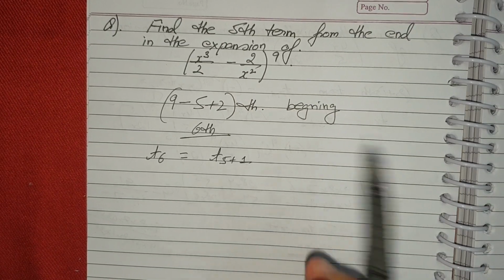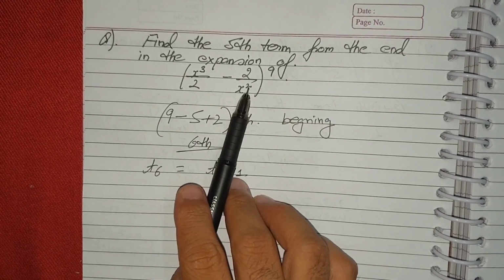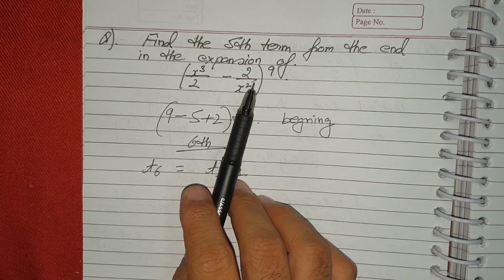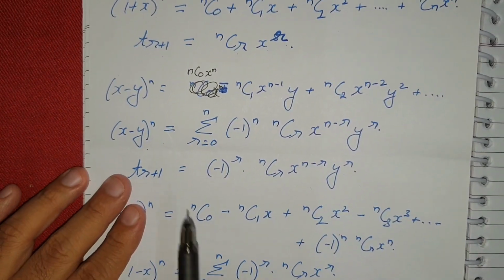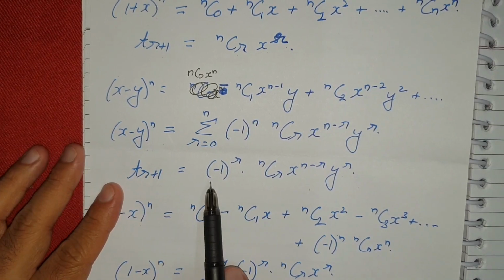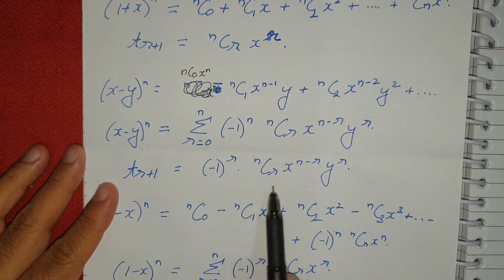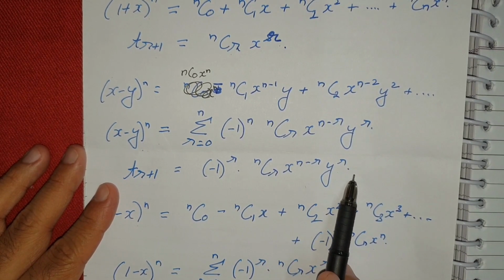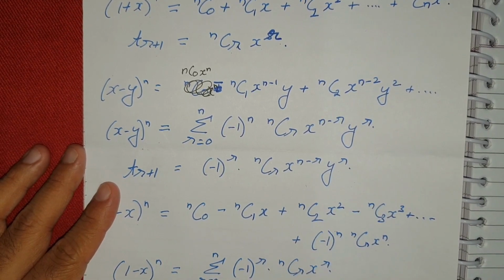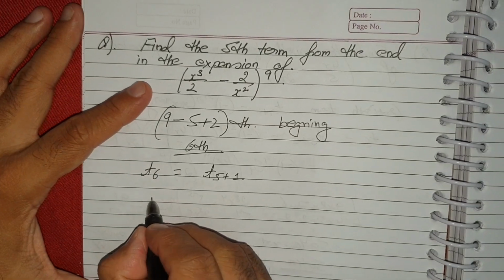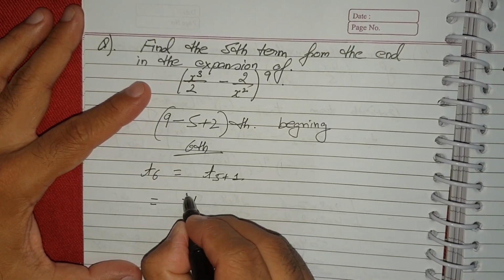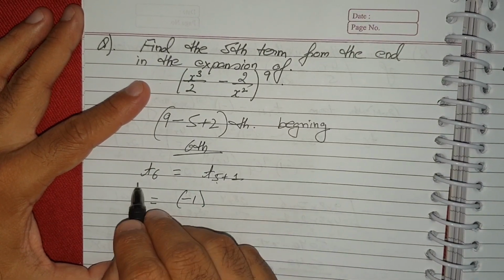Now, again this is of minus. So, we have to use again this formula: x minus y to the power n is minus 1 to the power r nCr x to the power n minus r y to the power r. Okay. So, using the formula, this will be minus 1. Now, what is r? r is 5 because they are saying T6,